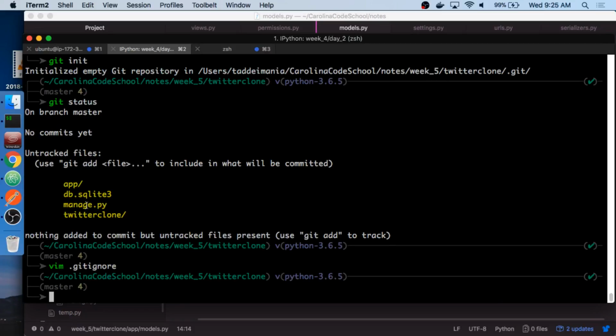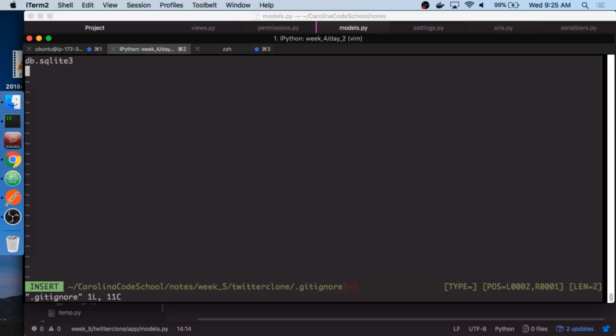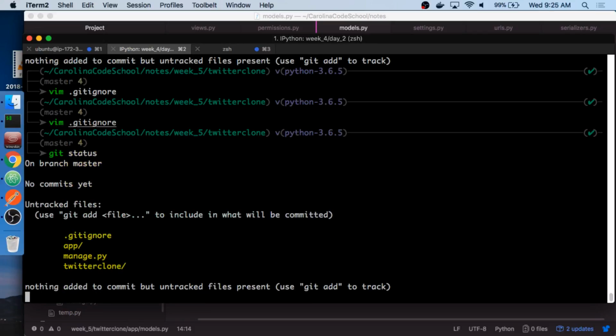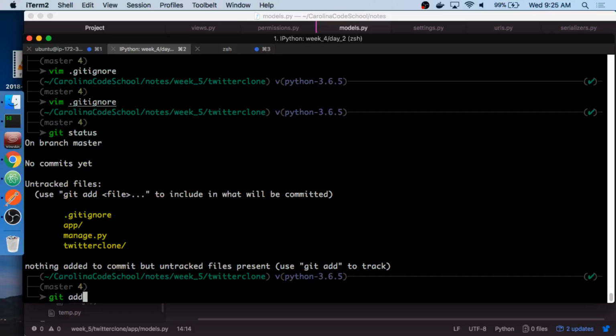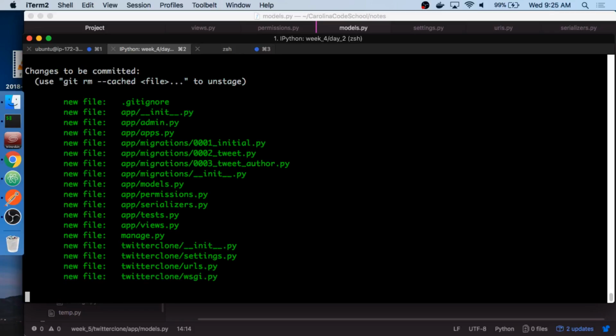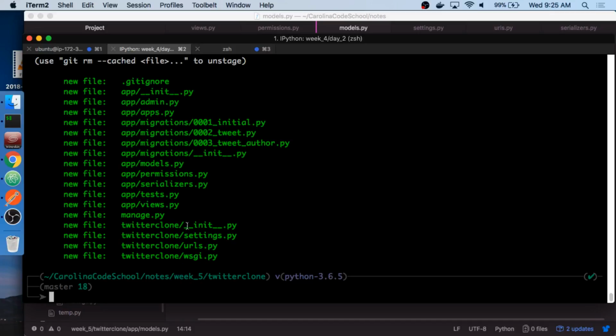And I think that's really all we need. We also need to ignore start.pyc and pycache. All right, cool.